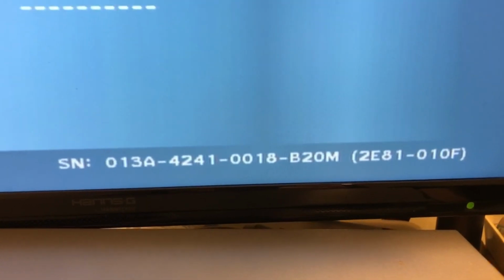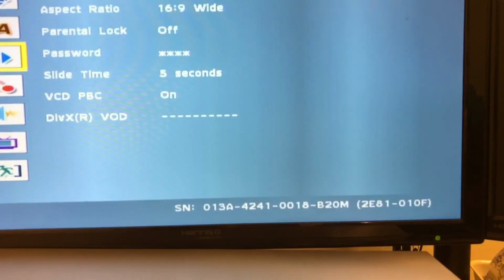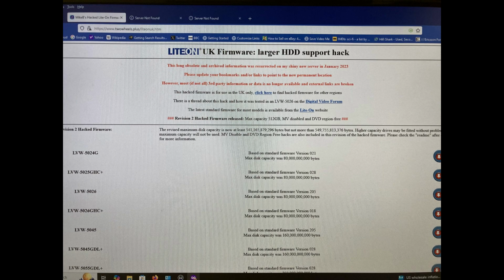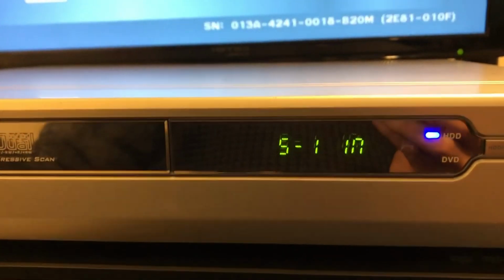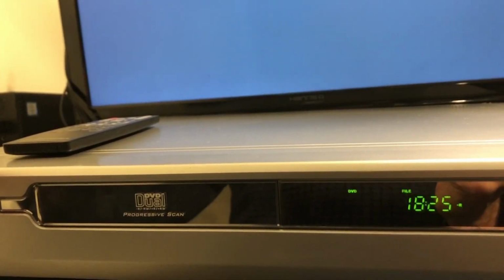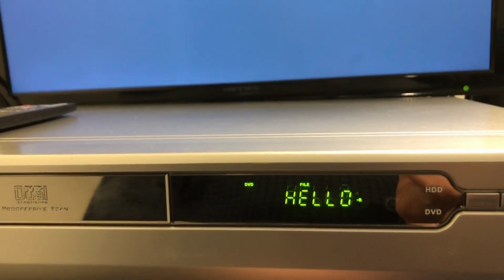Okay, I've gone online and I'll put some pictures of the site that I went to, and I've downloaded and I've burnt a disk with the firmware on it. I'm going to try to update it now. I can't remember what the process was because it was a little while ago. The disk is in there and I've powered it down. So what you have to do is power on the device, and it will